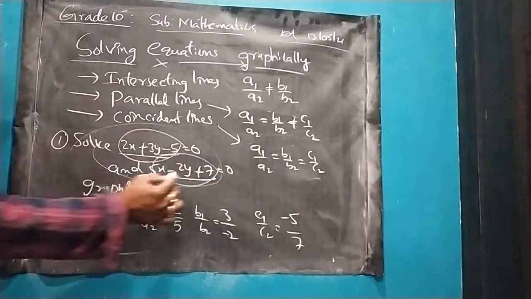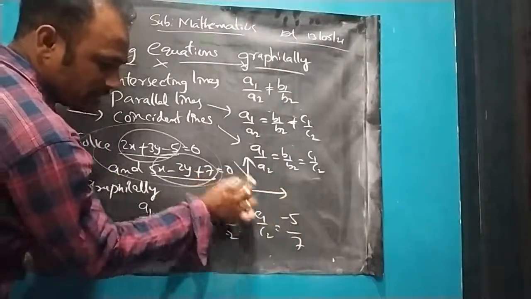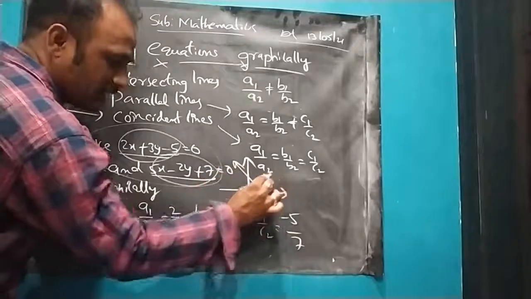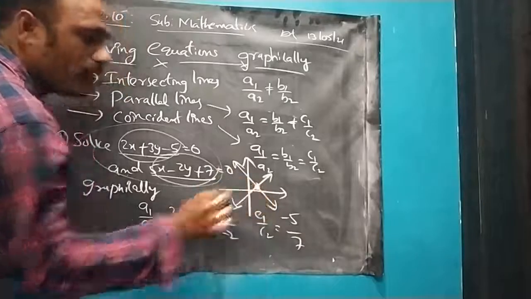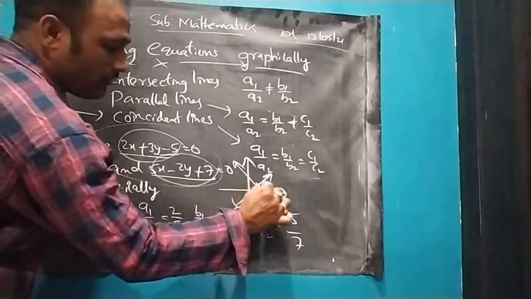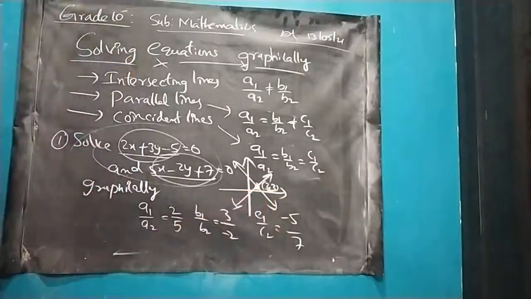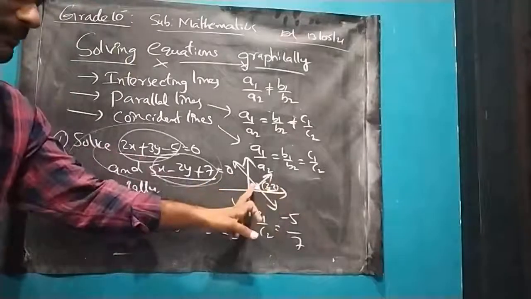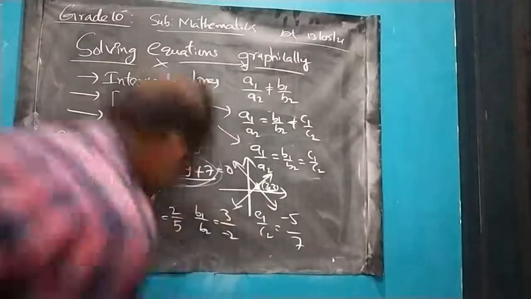If I say in the graph this is one line and this is another line, intersecting lines means they are going to meet at one point. That point should be the same for everyone. So that point we are identifying. For example, this is the point 2, 3. These two lines are going to intersect at the point 2, 3. Example purpose only I said. So like this, we are going to solve graphically in today's class. Let us start by taking a question.